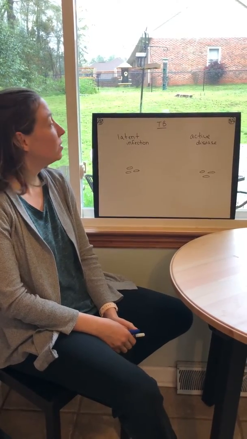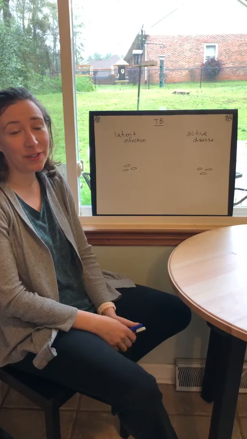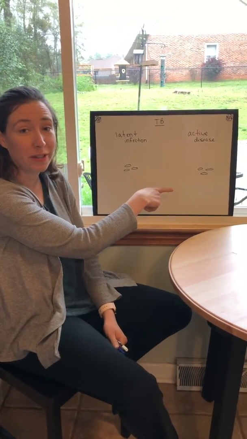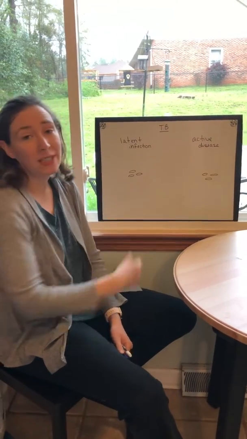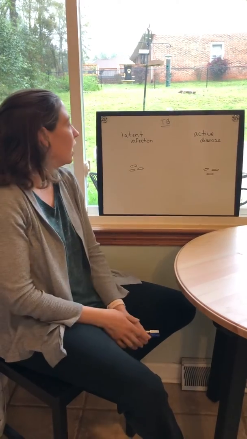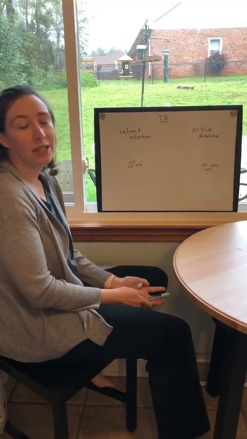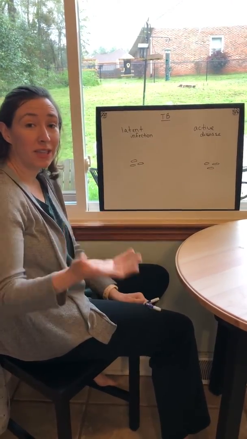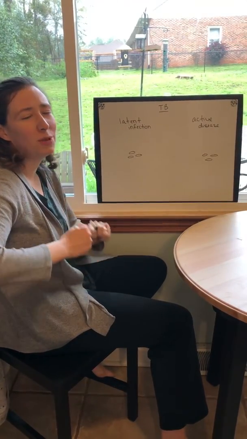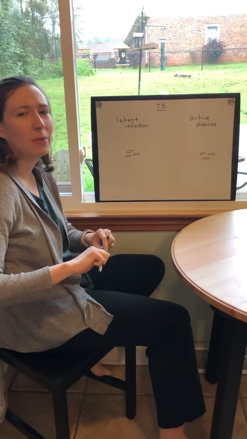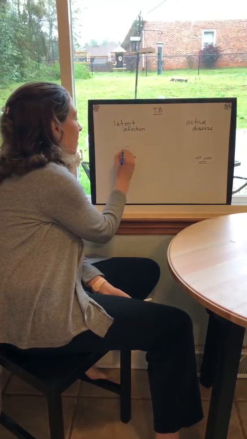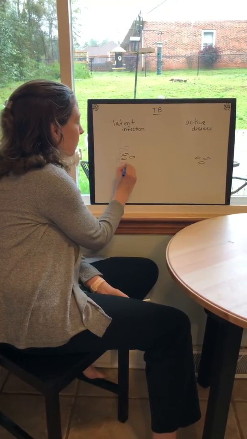I just wanted to make sure that everybody was clear on the difference in terms of latent infection versus active disease for tuberculosis. So in both of these cases, you would have the bacteria in your lungs at least. But in latent infection, essentially what's happened is the immune system has everything under control. And so there's some debate about whether the bacteria are truly dormant or not, but they are not really rapidly, actively dividing, and they're contained inside of these